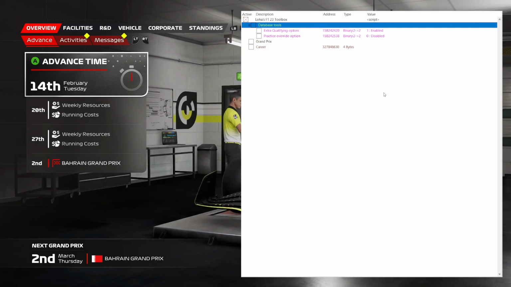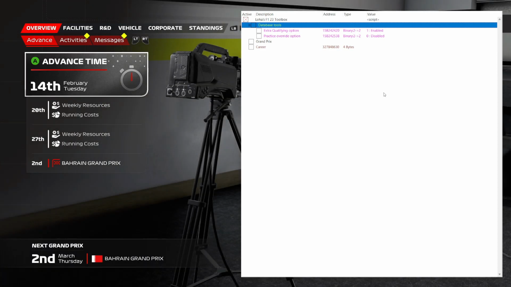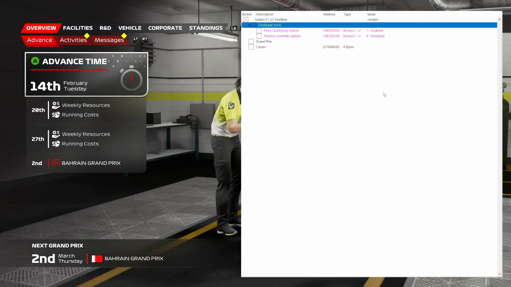Extra qualifying enables 12-minute qualifying for selections. What I've noticed is that qualifying times go down the farther you go, so qualifying 3 will be like 10-minute qualifying by default. Your practice override, scaling from 0 to 1, will allow specific 30-minute and 60-minute practices to be either 30, 45, or 60. The 60-minute override has a value of 13 on here, which I believe...